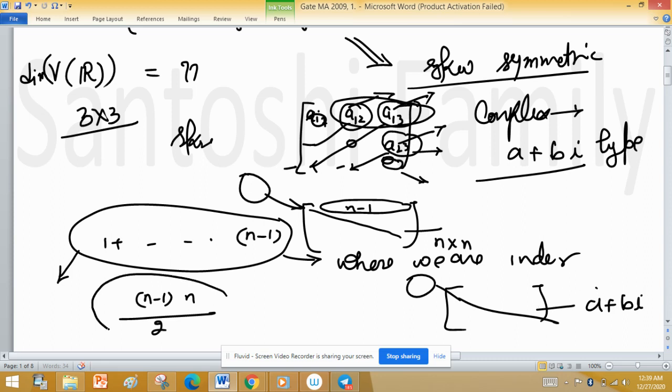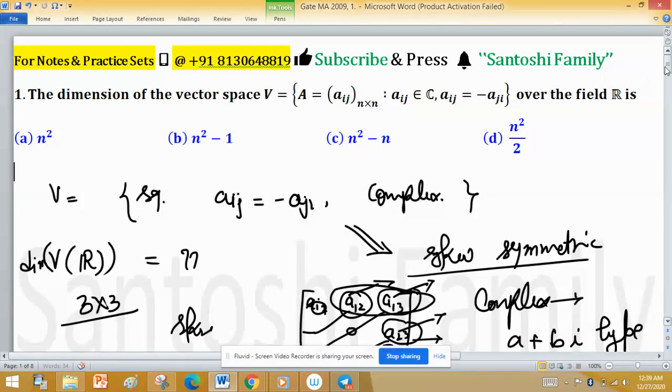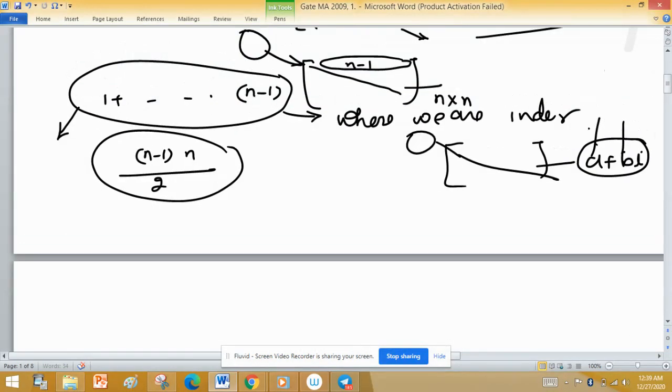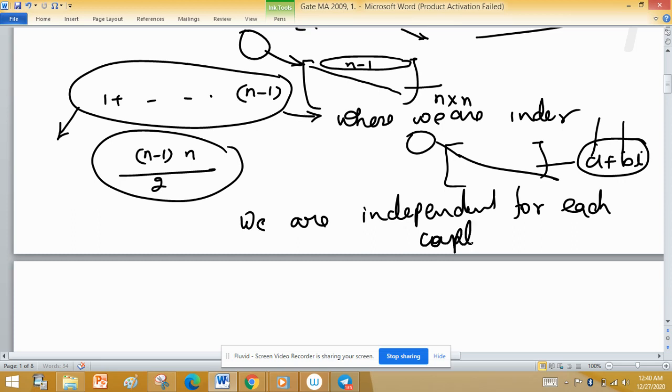So these are our independent choices, and for each independent choice in the complex field, we are independent at a and b, because the question asks about the field R. So we multiply, because we are independent at two places for each complex entry. So multiply this n minus 1 divided by 2